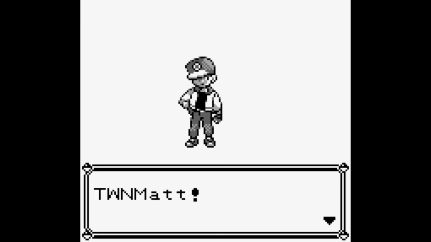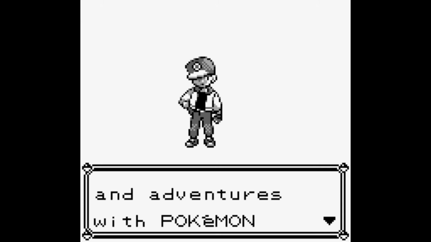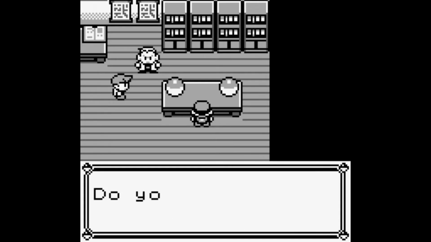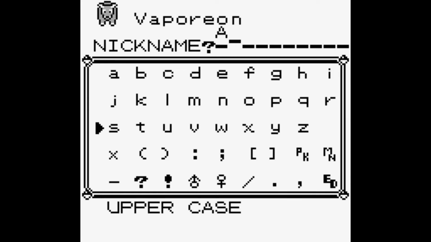I started out by reminding Professor Oak of my name, TwinMatt, along with the name of my rival, TwinMax. I went to Professor Oak's lab where Vaporeon was waiting for me in the Squirtle slot. I wanted to make the run as difficult as possible, so I put Vaporeon in the slot that would make Max pick the Bulbasaur. I named my Vaporeon Aquafina to remind everyone that Vaporeon is Finna Throw Hands, and went